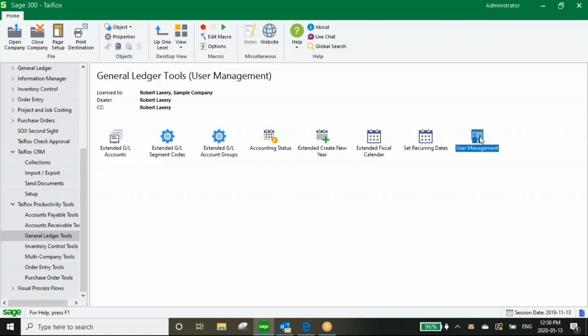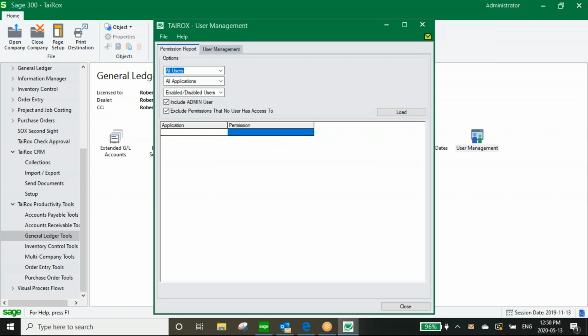There's also a user management tool. Now, if any of you have tried to find out the permissions that a user has within Sage 300, you'd realize pretty quickly there's no easy way to do that. So with this tool, you can specify all users, a range of users, or one specific user, whether you want to see across all of Sage 300 or just certain modules or a specific module, and you can load the information. So let's just say I'm going to look at the controller